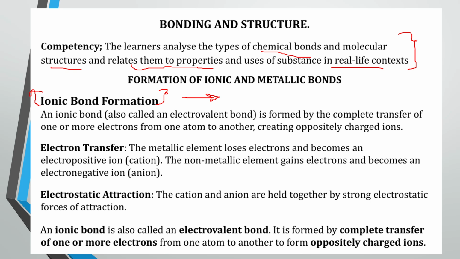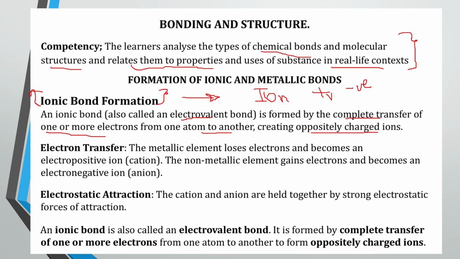So by definition, an ionic bond is the same as an electrovalent bond, and it's formed simply by complete transfer of one or more electrons from one atom to another, which in turn creates oppositely charged ions. So with this, we mean that for it to form an ionic compound, just like you're hearing, ionic contains the word ion. That means that you have to have a positive ion together with a negative ion